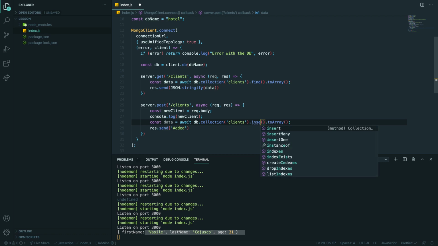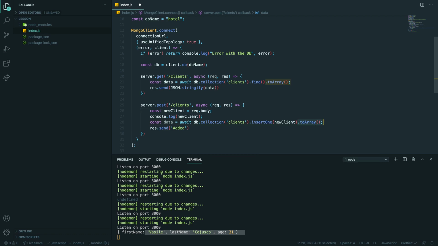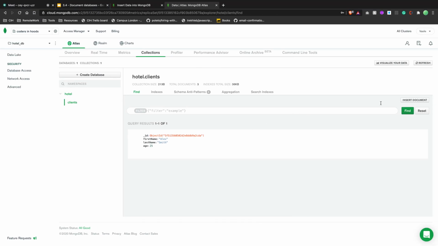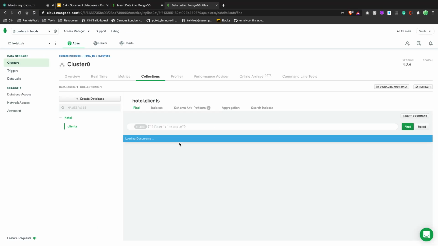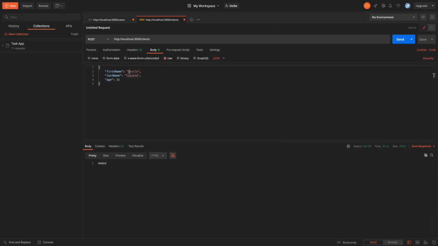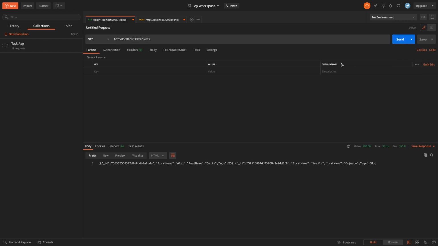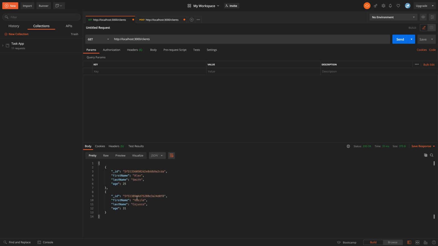So now, as we have our user, what we want to do is just send it to our clients and insert one, right? And pass the object. This is it. We can wrap it again for error handling, into try catch to catch errors or pass the callback, etc. But for now, we just don't care about this. So now if I save it, go to database, refresh my database, I don't have my record, just the first one, right? Alex Smith. So if I go here with post, I click post, edit. So now if I try to reach my database with get, sent, and format it, I have my second record,